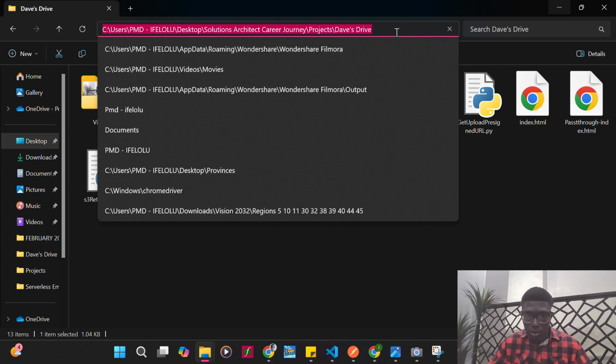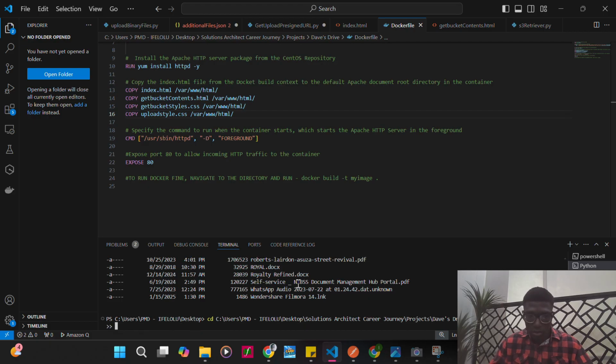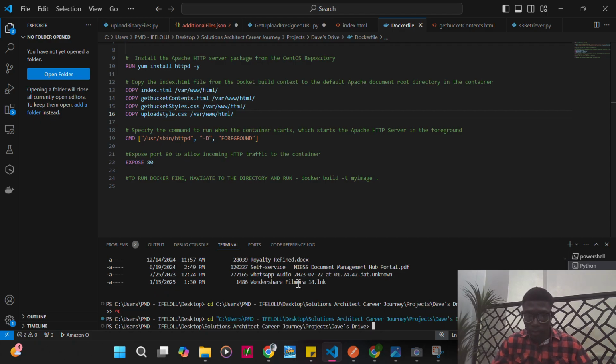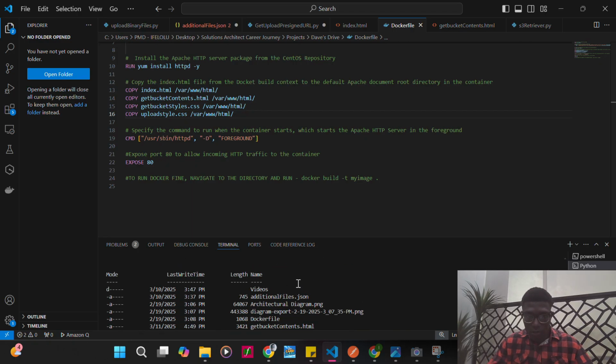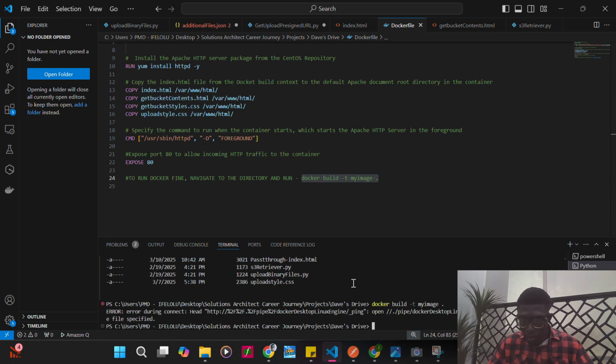Okay, I think I should be able to just copy this and then cd into okay, yes. So yeah, so I can see everything I need, so I can then run this. Okay, it says